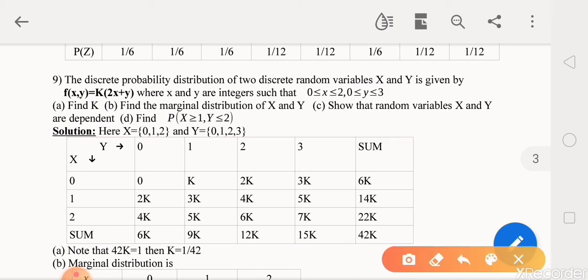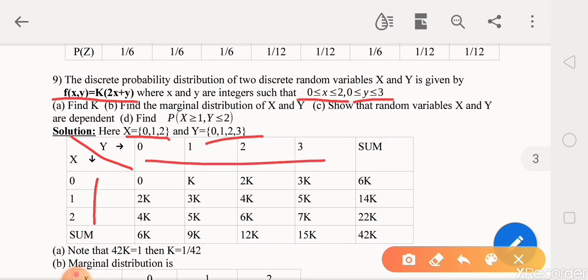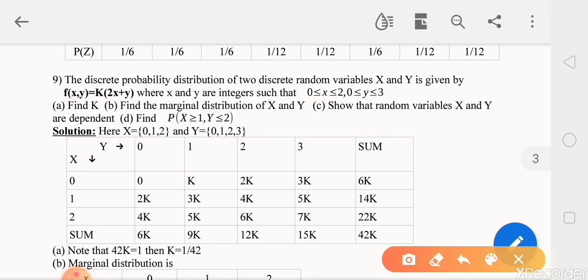Solution. Since x is in between 0 and 2, as a set x equal to 0, 1, 2, and as a set y is 0, 1, 2, 3. Probability distribution is given. So we will prepare a table with the given joint probability distribution. Possible values for x 0, 1, 2 and possible values for y 0, 1, 2, 3. Now,